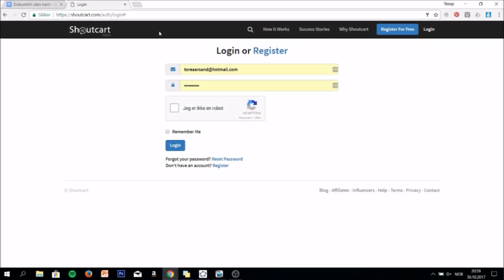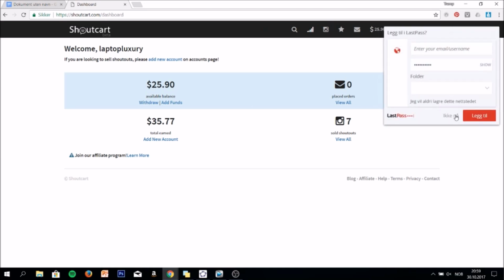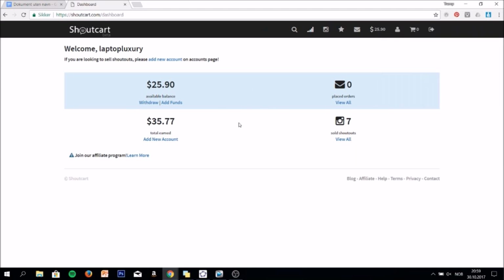So we're on my computer, as you can see. Just go to shoutcart.com. If you don't have an account, just click register for free. I have an account, so I'm just gonna log into that one very quickly right there. I'm not a big user of Shoutcart. I don't use it a lot, and as you can see, currently I just have like 25 bucks on my available balance. But either way, once you are on Shoutcart, the first thing you can go ahead and do is